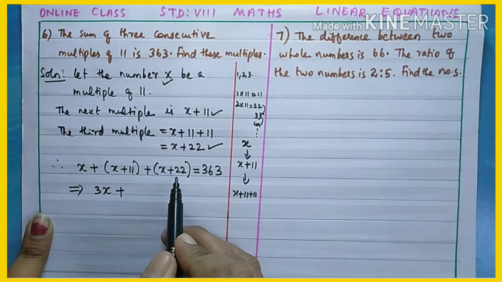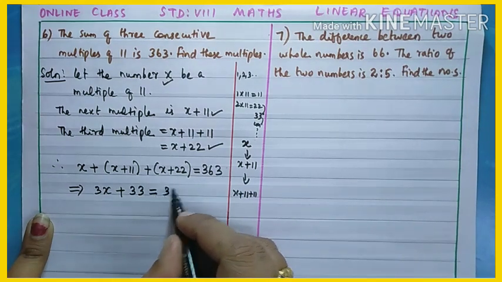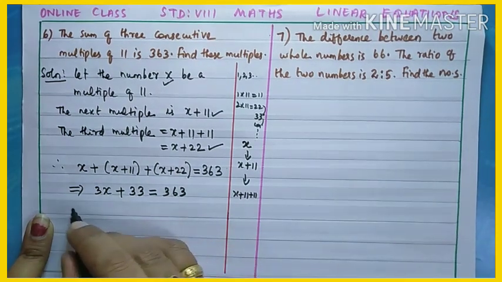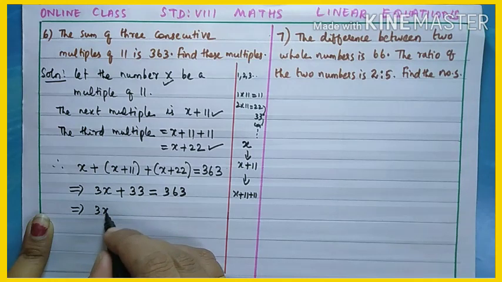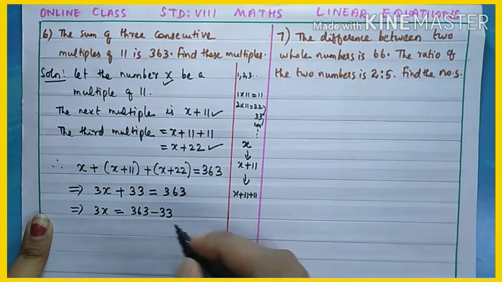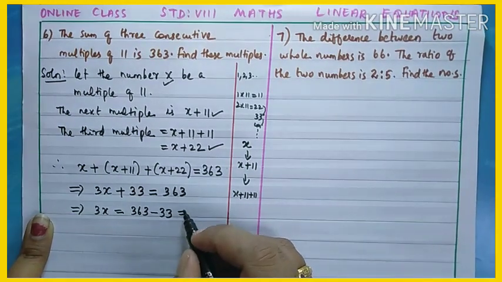What is 11 plus 22? 33. Equal to right hand side 363. Now you can transpose this 33 to RHS. It becomes subtraction: 3x equal to 363 minus 33. What is 363 minus 33? All of you do the calculation. The answer will come